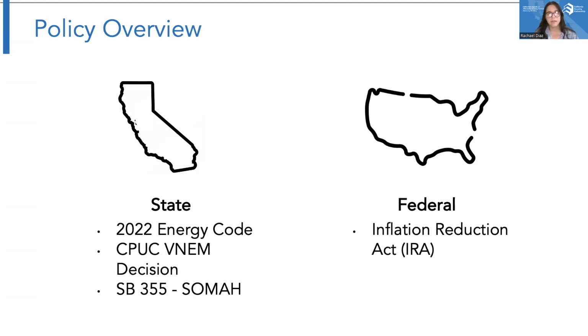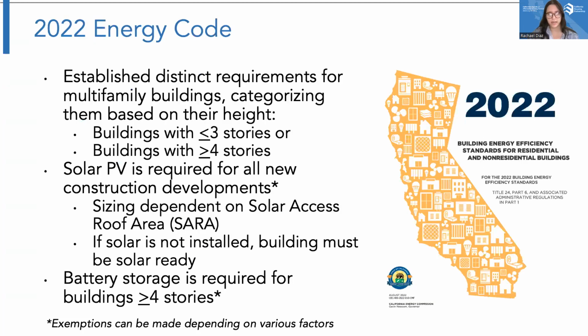And in terms of the federal side, I'll be recapping some of the information that was covered earlier in session 2 of our training series on the Inflation Reduction Act, specifically around the solar tax credit opportunities. So next slide. To go ahead and kick it off, I'm just going to be covering a little bit more about the 2022 Energy Code. So this new Energy Code rolled out in 2022,